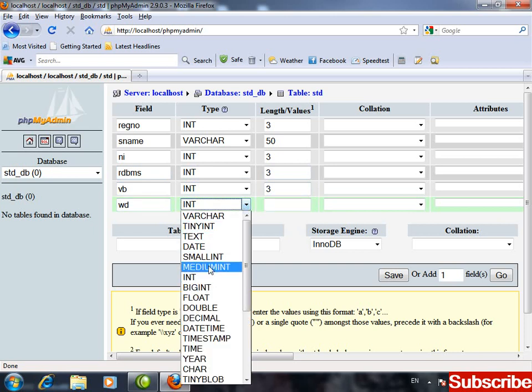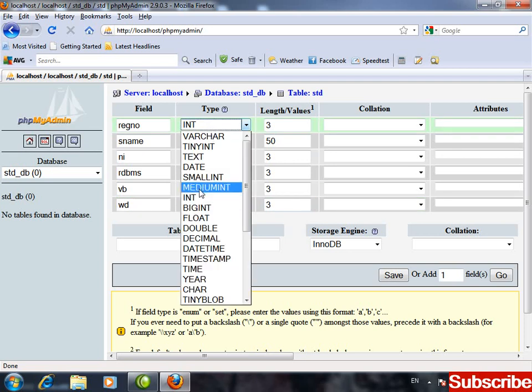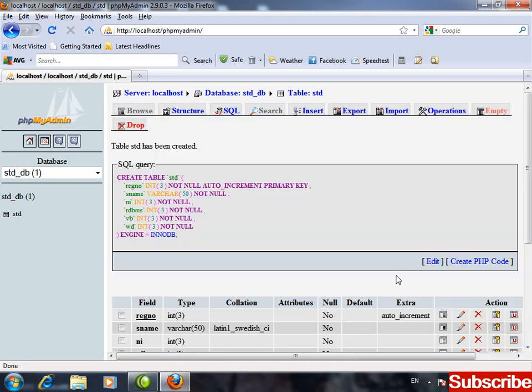From here I selected int, watch, int like this, and 3. For all of them you can select like this, int, click, or whenever you are in the combo box, press I from the keyboard, automatically it will select int, right? And now click on save.